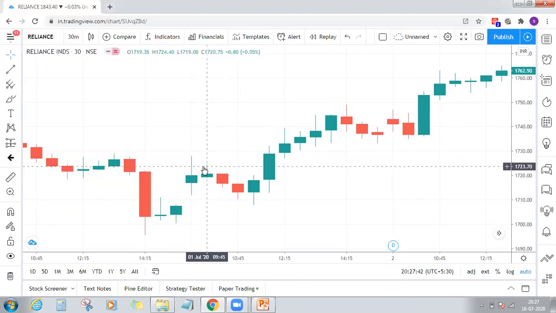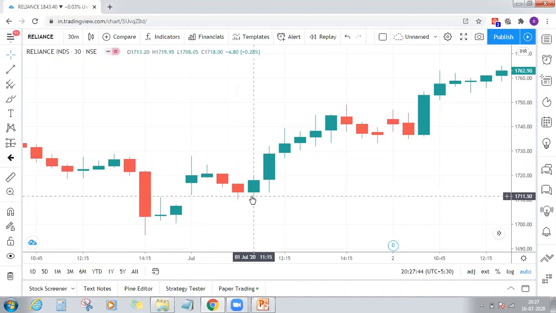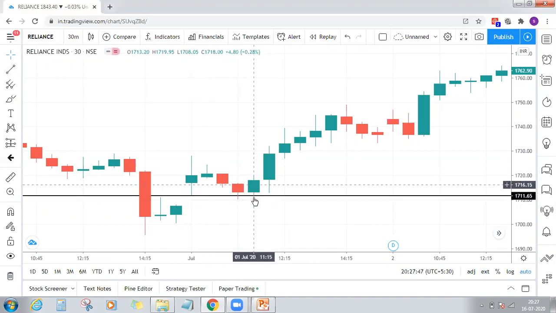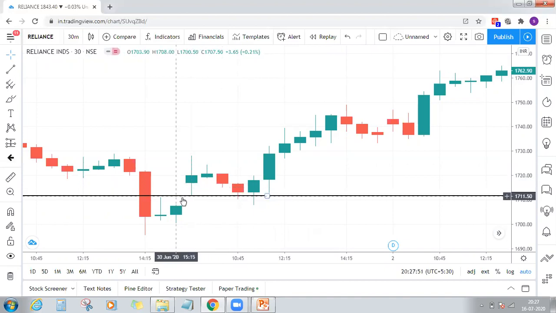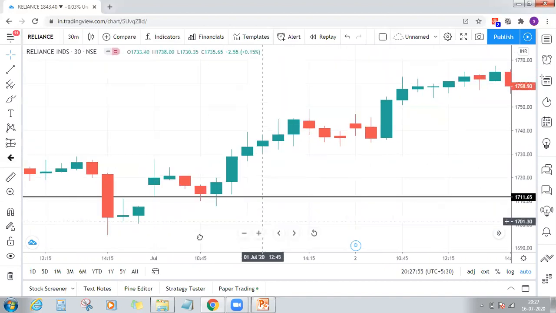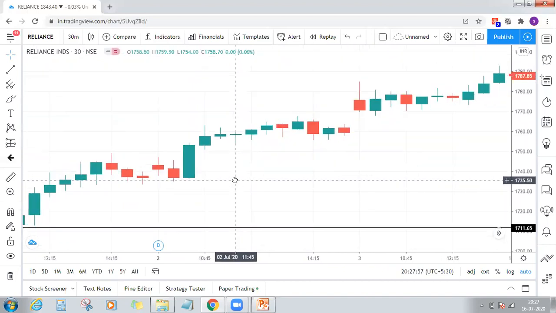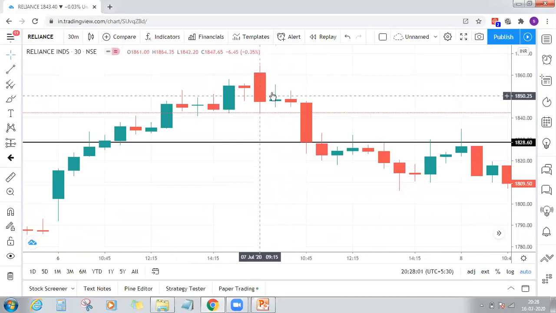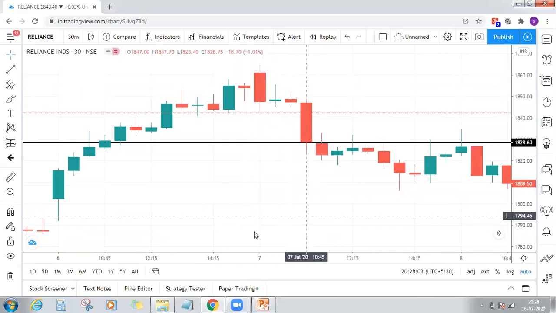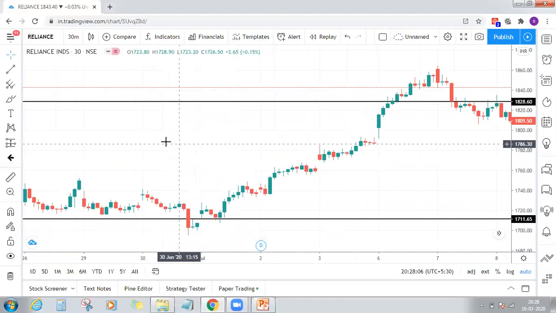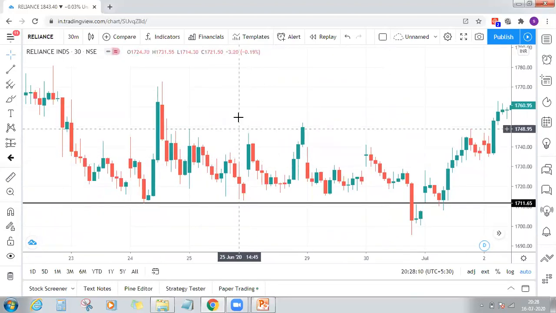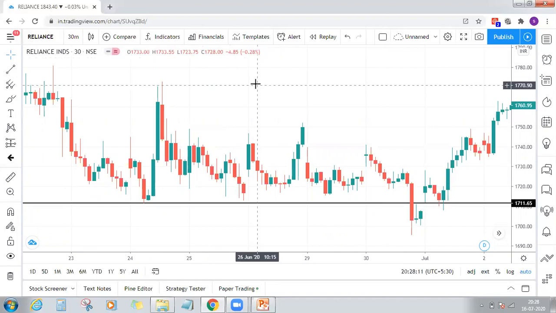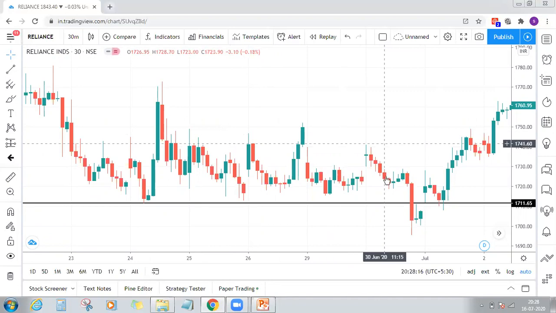That is the reason, although a slight bearishness was seen, the price was held. Not even a single candle closed below the low of this one because the bulls are so strong here. And from there itself, from 1710, price is so strong. It never stopped again until it touched 1860. So you have to read it like a book. You have to read every candlestick like a book. You should be able to identify what the buyers or sellers are telling you there.